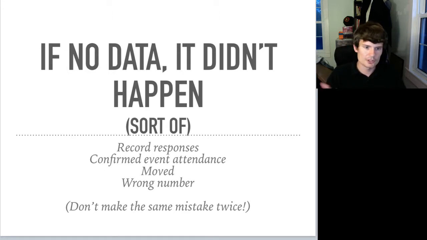Then things like wrong numbers. You dial up a wrong number, you want to note that, oh, this number's been disconnected, or this number connects to somebody else who's not on our list. That way we keep improving the database. So part of it is data cleanup, but part of it is also things like confirming event attendance and just recording responses. Like if I'm knocking on doors for Keith Rubino running for county legislator in Herkimer, and I knock on the door of somebody and